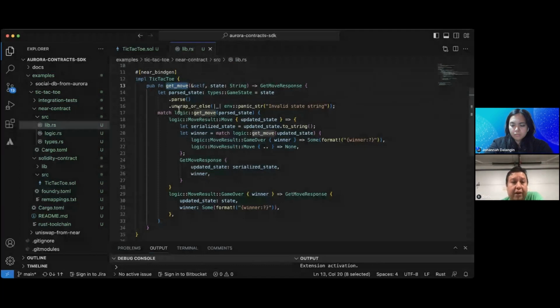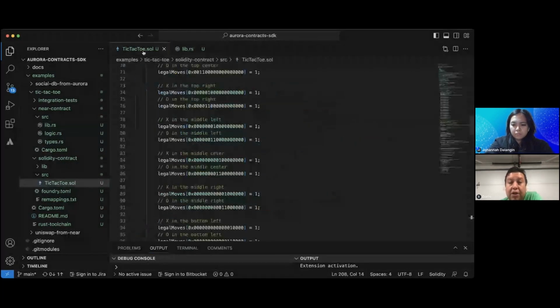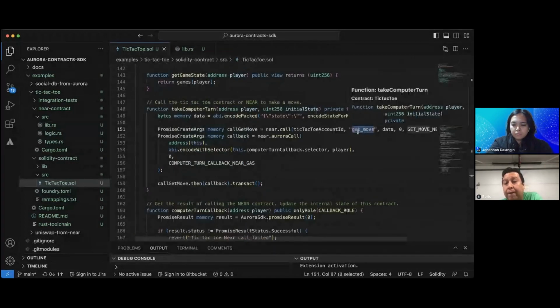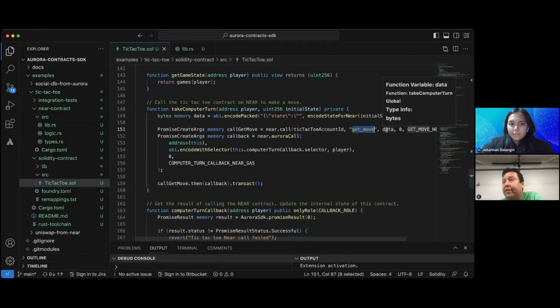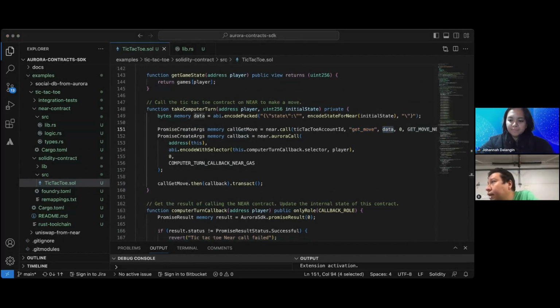And if you do it the other way, you can do the same. As we showed in the presentation, you can create a contract in Solidity and then use the SDK of Near to call this function in Solidity. And the format is very similar. You basically set a call, you specify which function you are calling, and I will see the question in one second. Then you set the data. So yes, Dave, that's true. It's a Rust to Solidity interface both ways.